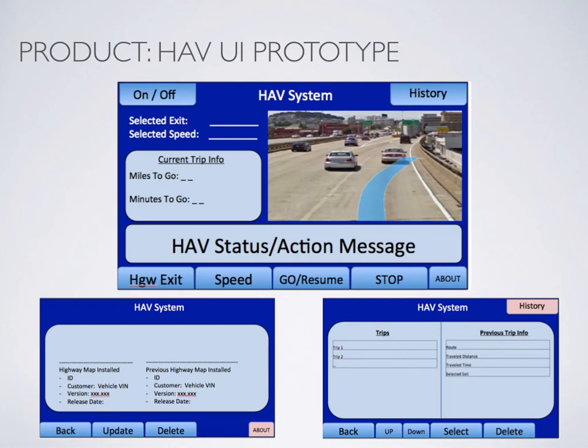So the user also has the option of choosing the history. There is a history button where we can see previous trips and the current trip information, and also a button for about. This is where we interface with the commercial database and look for information such as what map version is installed in the system and so on. Okay,